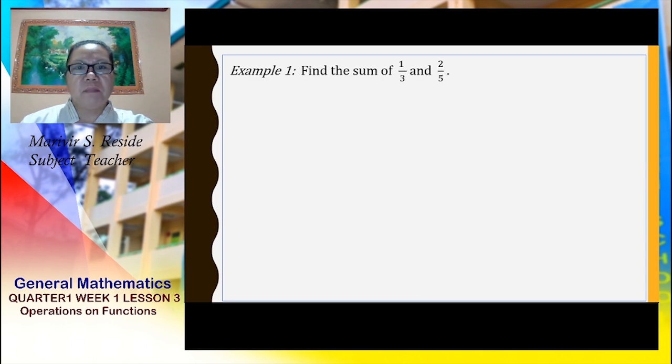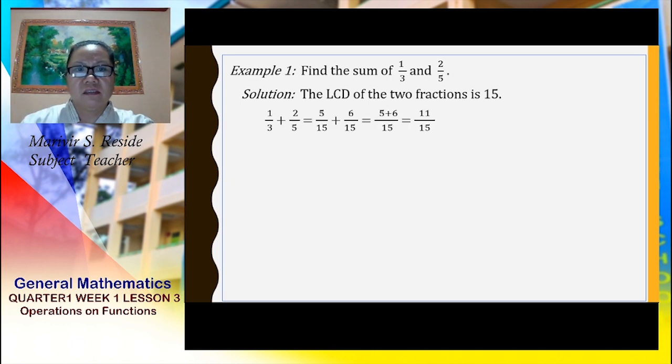So let's have example 1. Find the sum of 1/3 and 2/5. The LCD of the two fractions is 15. So you have 1/3 plus 2/5 is equal to the new LCD, which is 15, to be used, and you will have the resulting fractions 5/15 plus 6/15. You add the numerators together and copy the same denominator, and you will have the result, or the answer, which is 11 over